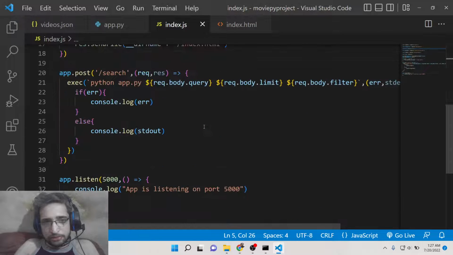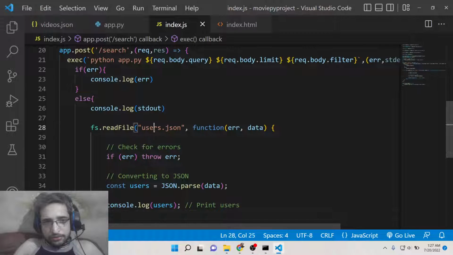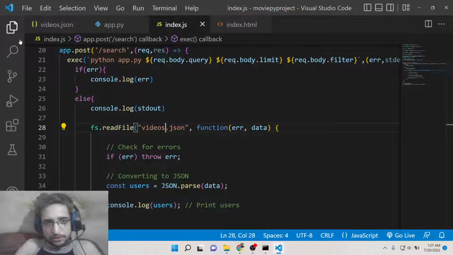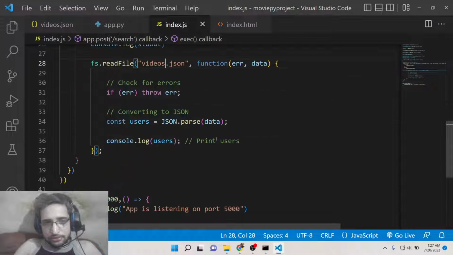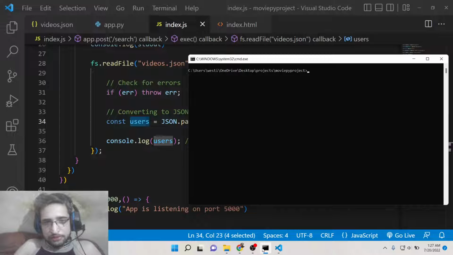So simply we will paste this code right here. So our file is videos.json. So we will parse it, the data which will be coming here, and store it inside our users. So we will console log it. So simply if I now